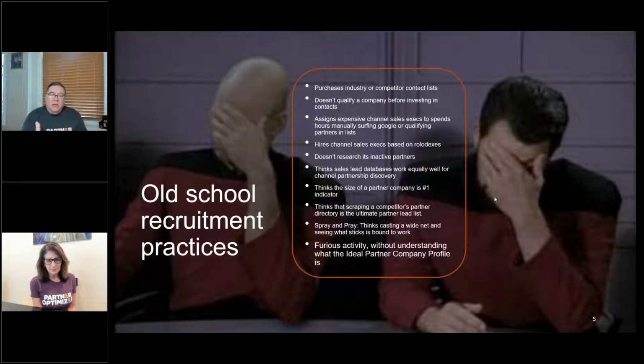The one thing I would say here, before we leave, when we talk about not researching inactive partners: there are definitely partners in your inactive long tail that you want to get. But you also have to remember, if you're not setting up a new channel program but taking over one, and you're thinking, well, I can go to all these inactive partners and help make my mark here, that's not going to be true in most cases.